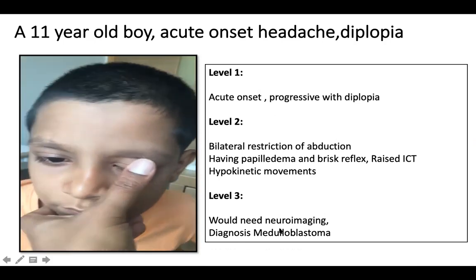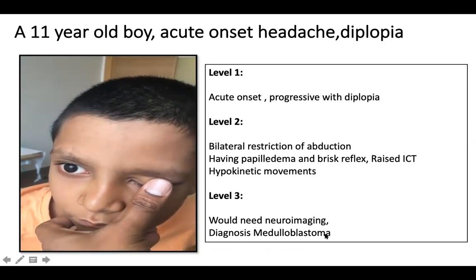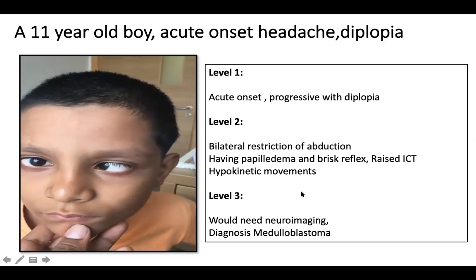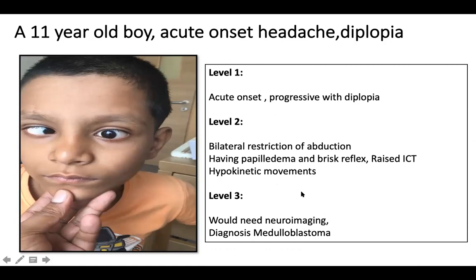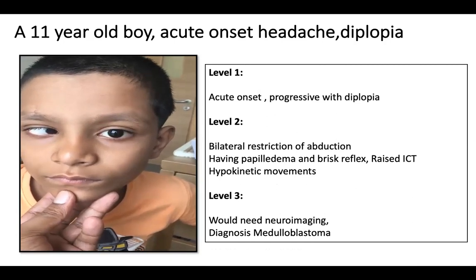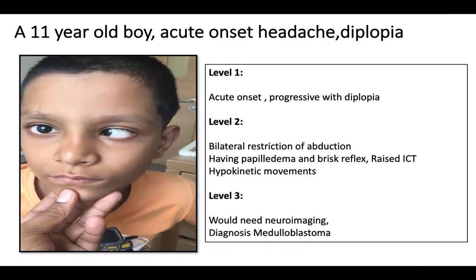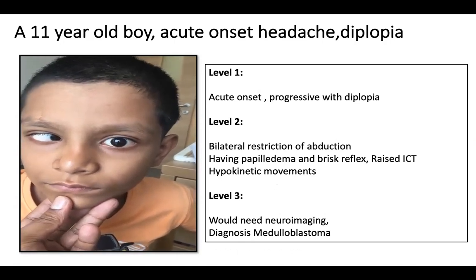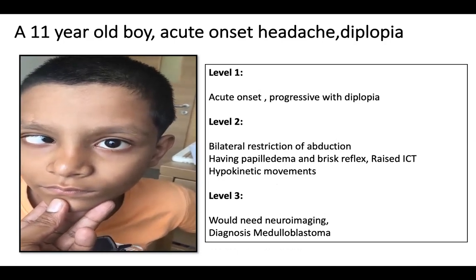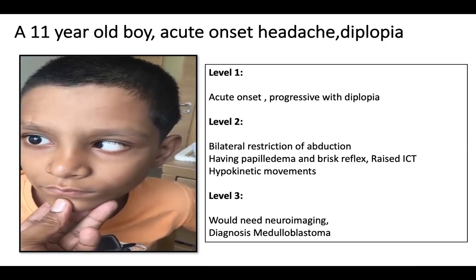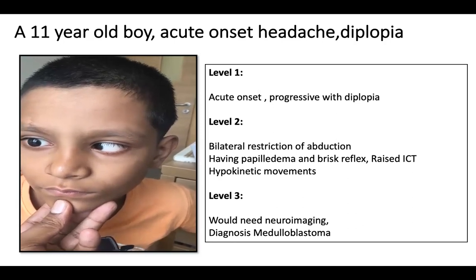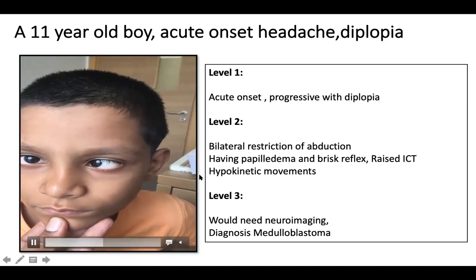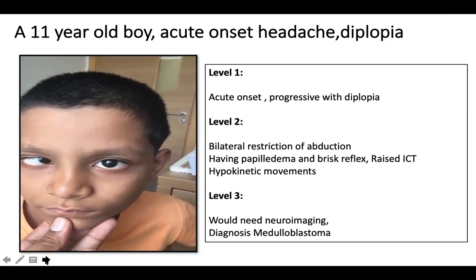Here this child had a cerebellar midline medulloblastoma which caused raised ICT, and subsequently the child had a bilateral sixth nerve palsy. Children can have bilateral sixth nerve palsy after raised ICT because the sixth nerve has a very long intracranial course, and it is more prone to raised ICP because it also passes through the arachnoid space. So it is prone to fluctuations in intracranial pressure. So this child has a bilateral sixth nerve paralysis because of raised intracranial pressure.